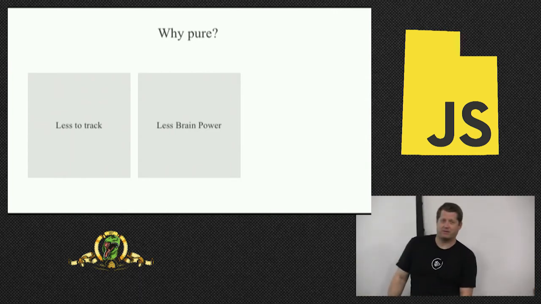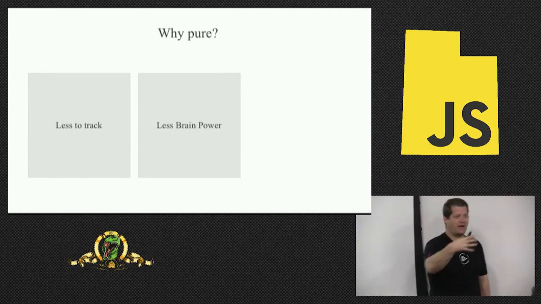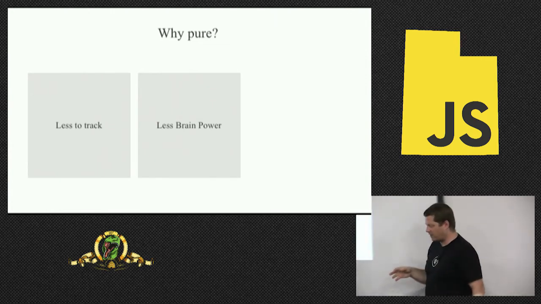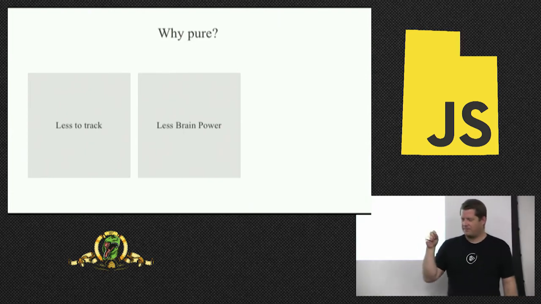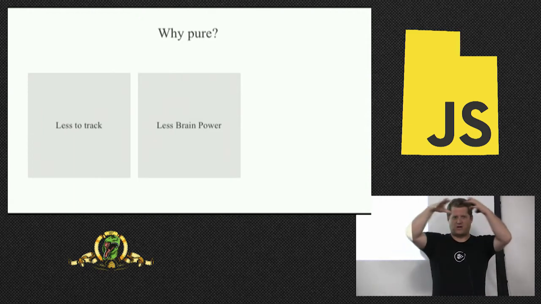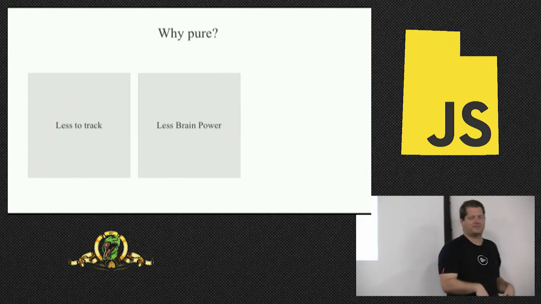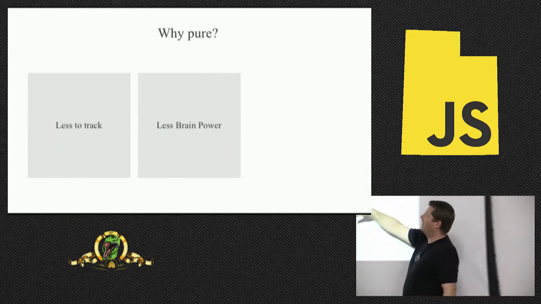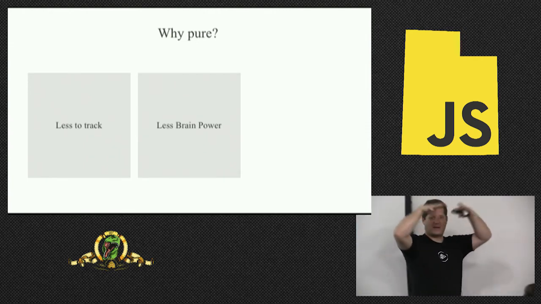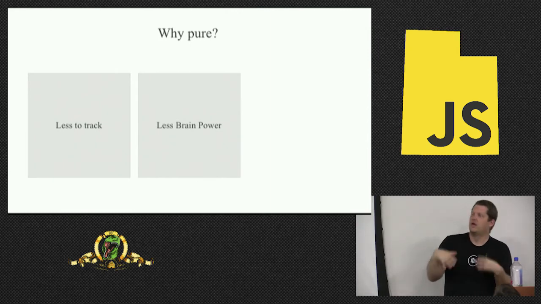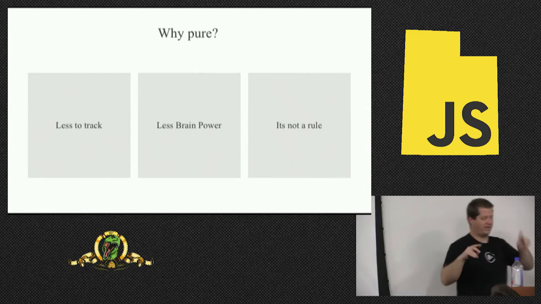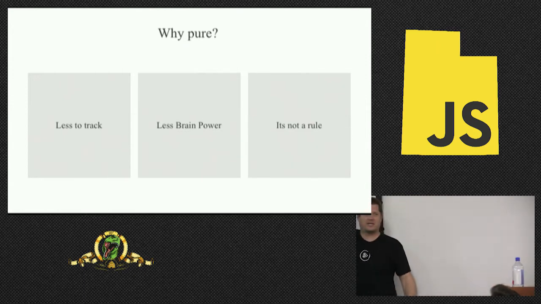The second one, less brain power, because this is the idea. If I have less to wrap my brain around, if I don't have to worry about side effects, it starts to incorporate more brain power, right? You've heard the thing, never interrupt a developer when they're working, because they've spent 30 minutes trying to figure out how everything fits together, and then you walk over and that whole thing collapses, right? This is part of why. Because you've got to keep track of all of the things that are impacted by what you're doing. If you minimize the things that are impacted, it's less work to get back in and get back to doing what you're doing. It's also not a rule, always. Both things I'm going to show you, it's not a rule, it's the same both times.